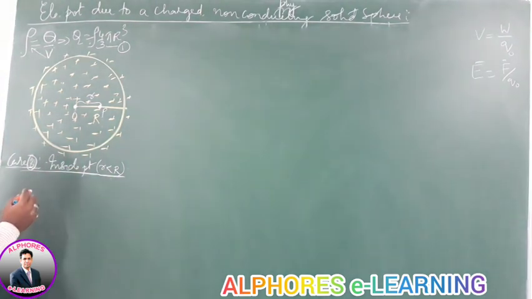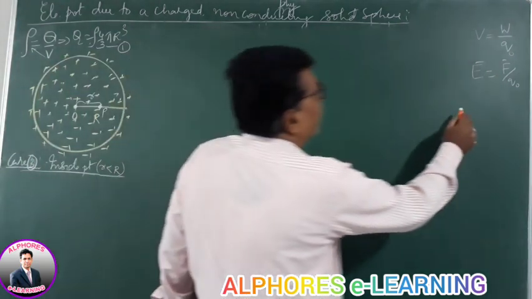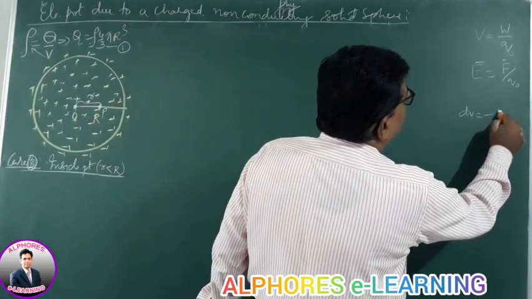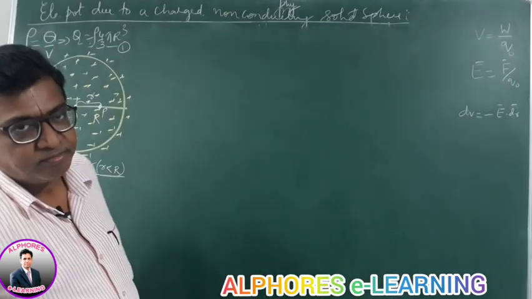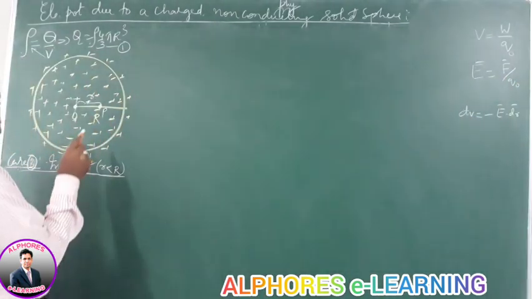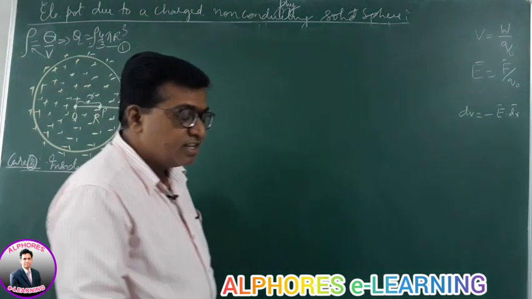So by definition, we know the electric potential difference V. Please remember, potential difference V is equal to minus E dot dr. That is a fundamental point. Now, coming to the electric field due to this one,